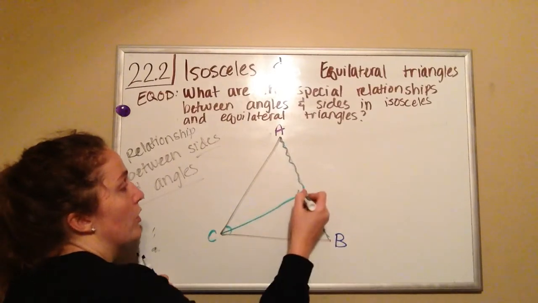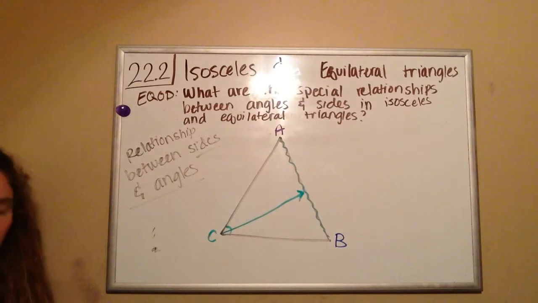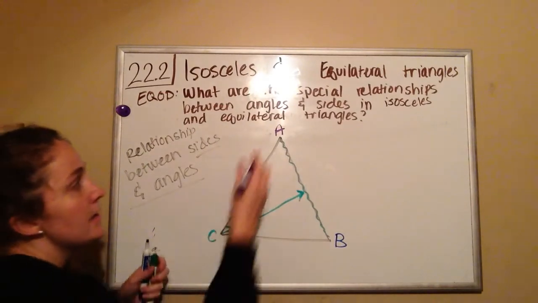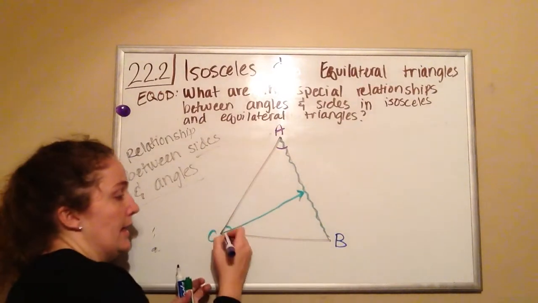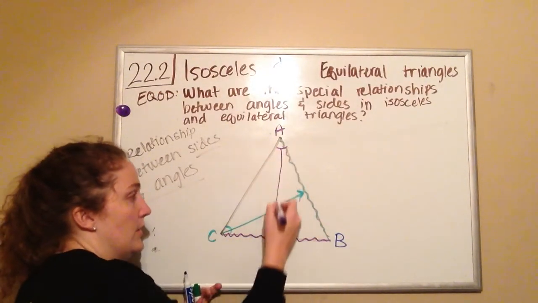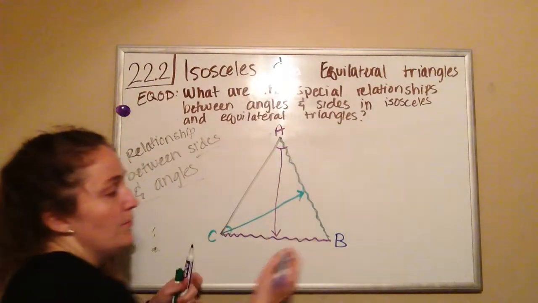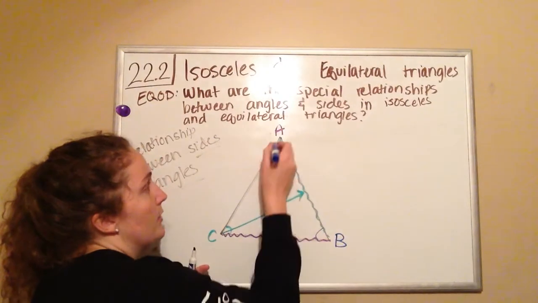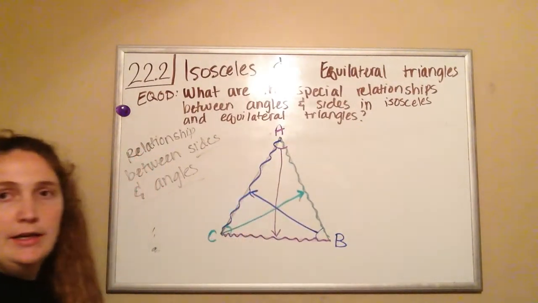It corresponds or relates to that side. Okay, for A, this angle, it corresponds or relates to the side that is opposite of it or is not touching. So this side right here. And the same with B. Angle B corresponds with this side, the side that is across from it or opposite of it,